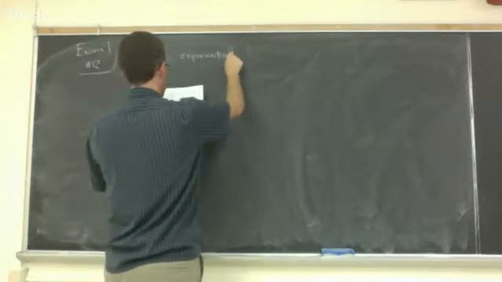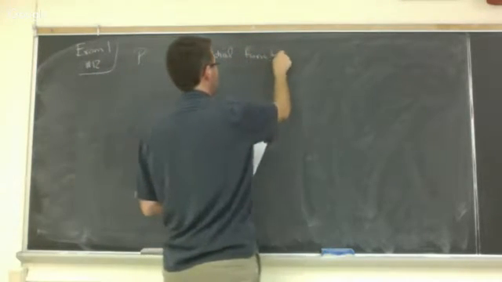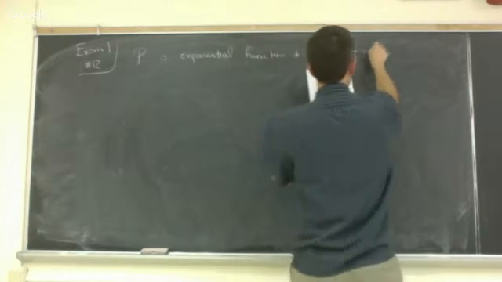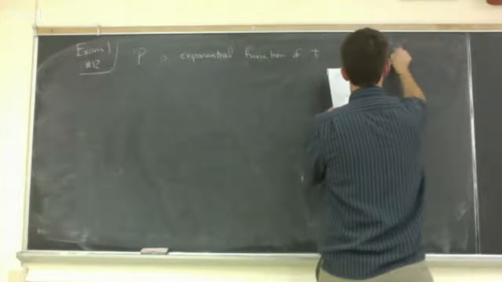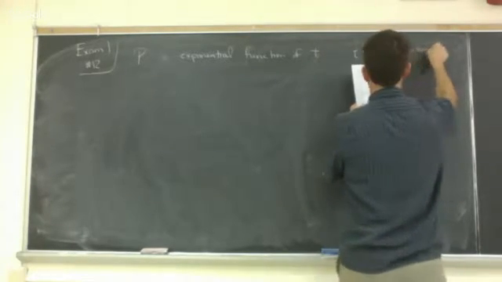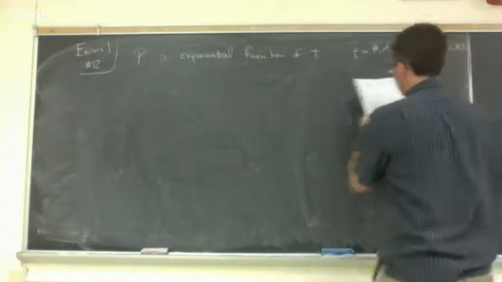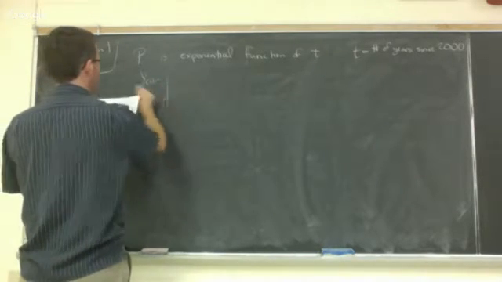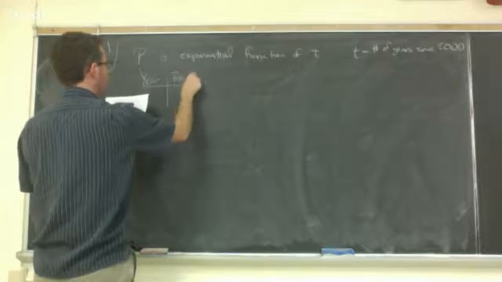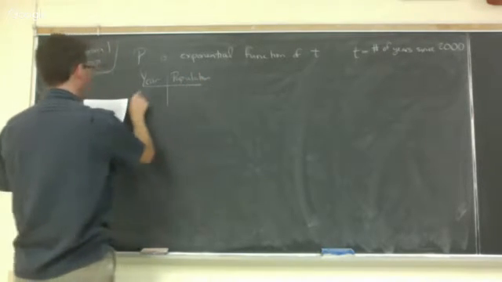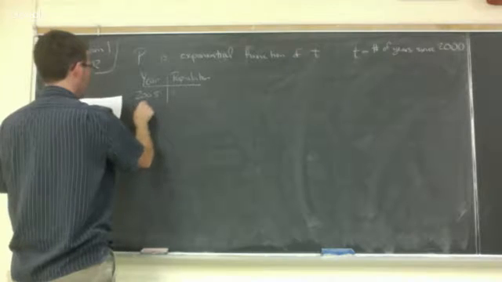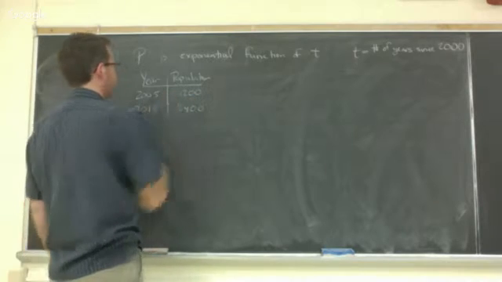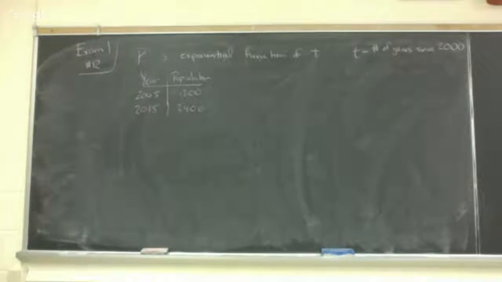We have P is an exponential function of t. T is the number of years since 2000. We have the following table: year, population, 2005, 2015, 1200, and 2400. Okay. All right, so